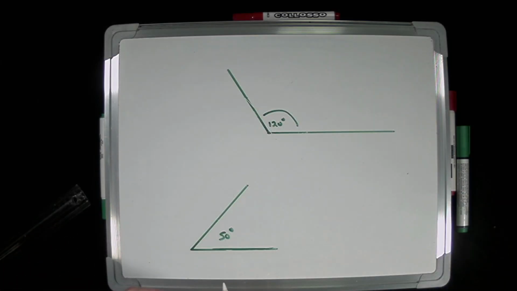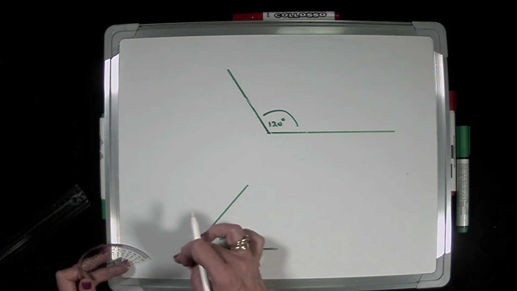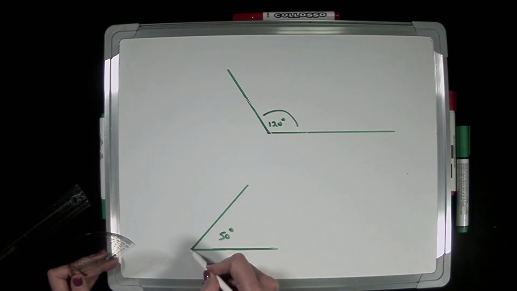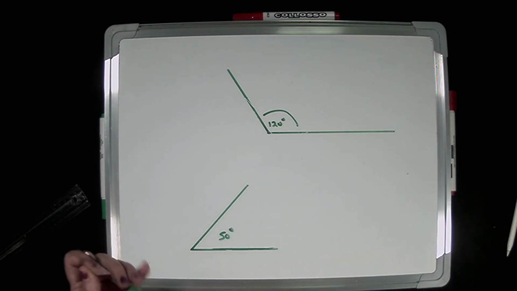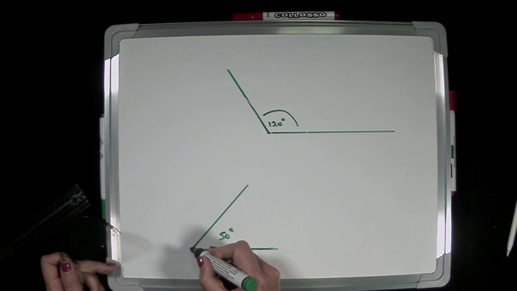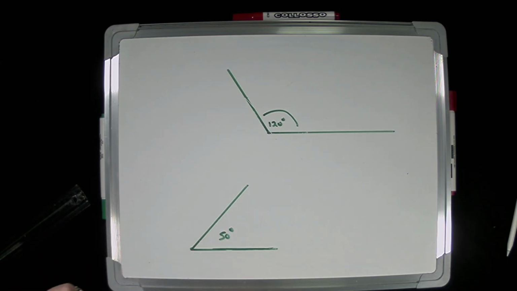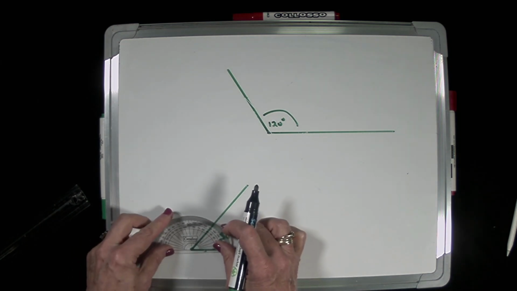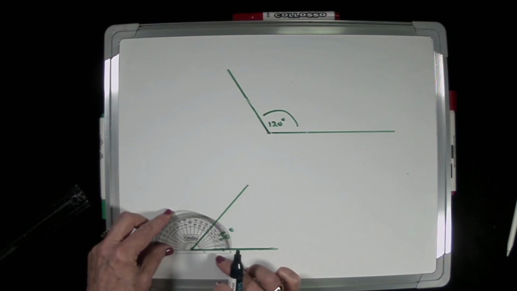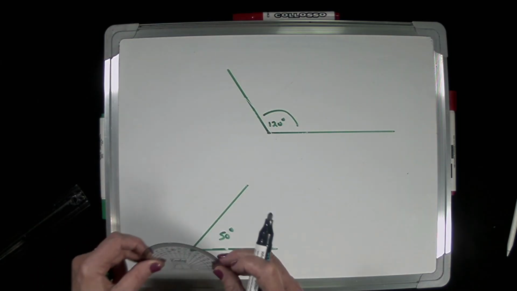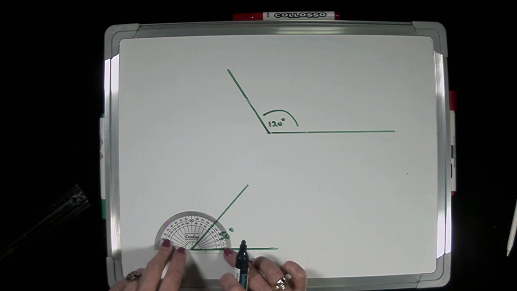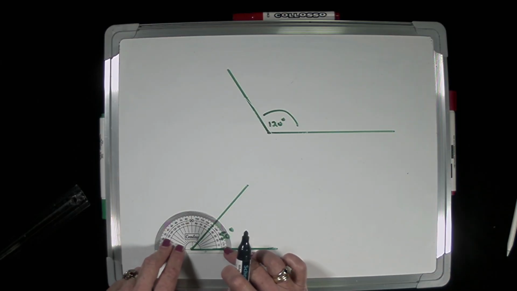Okay, so if you measure an angle, say for example, this is an angle that I've drawn for you. So you look at the vertex of the angle. Can you see the vertex is where the two arms meet? So you're going to put the center of the protractor on the vertex, and the baseline of the protractor, you're going to put on one of the arms. Okay, like that. And then you're going to use your brains, right?